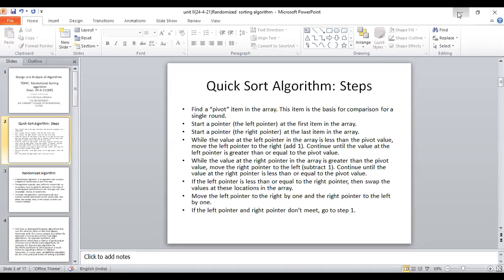The performance of any divide and conquer algorithm will be good if the resultant subproblems are as evenly sized as possible. In that case, that will be the good case.